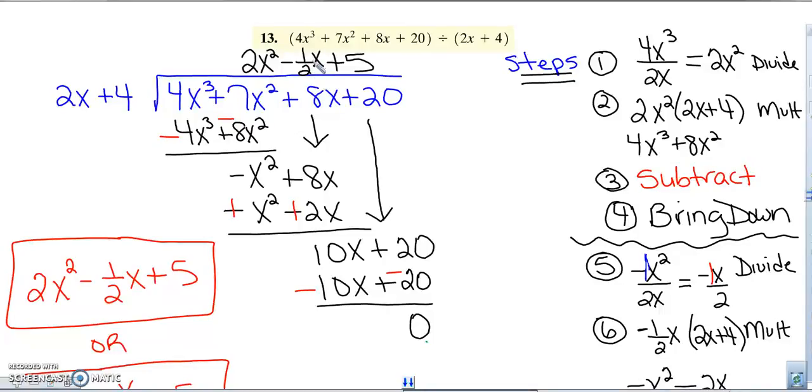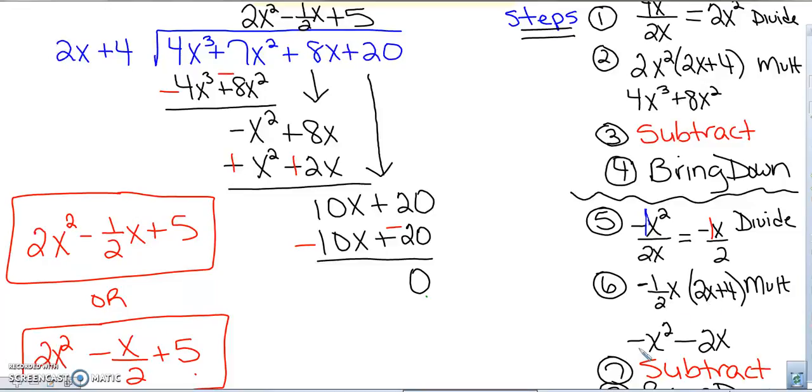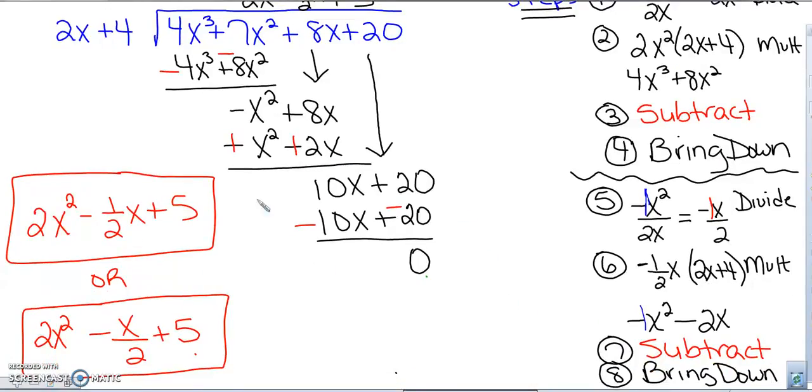So I put that up here, and remember the next step is multiply that times the entire divisor. So negative 1/2 x times 2x plus 4. Negative 1/2 of 2 would be negative 1. X times x is x squared. Negative 1/2 times 4 would be negative 2, and then we have the x. So I take this and put it right here. Remember, the next step is subtract, so we change each sign to the opposite of what it was. This here will cancel out. This will give us a 10x, and the next step is to bring down the next term and begin the